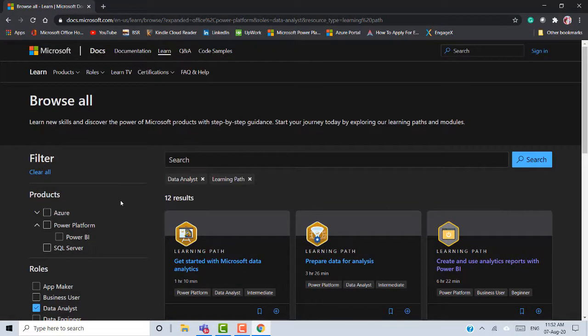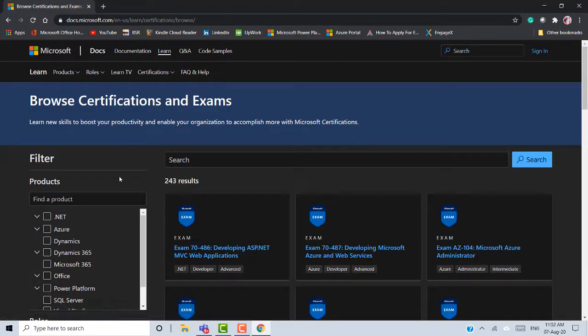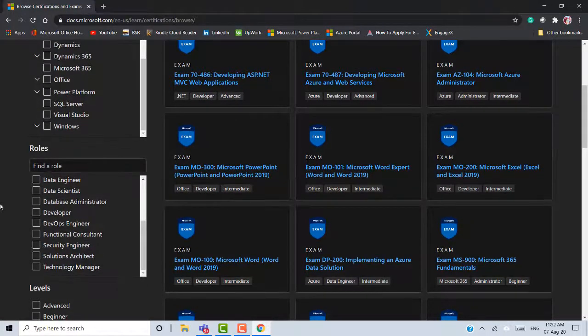Okay. So you can prepare for certifications. So there is a link for certifications also. You can see, check, browse certifications, and you can access this learning portal through the certifications link also. So this is the certification. Again, the interface is the same: roles, technology, and level.